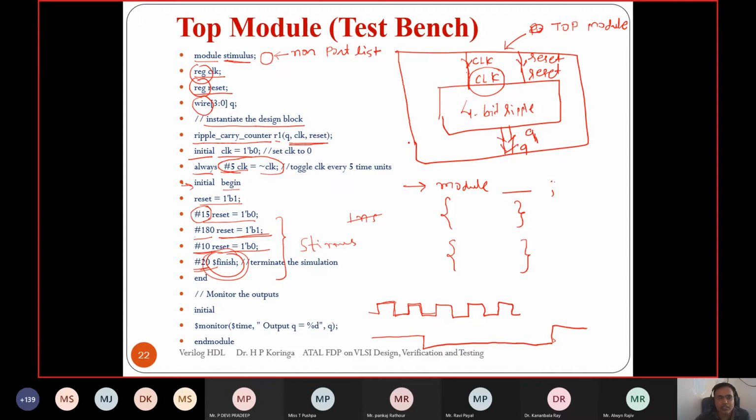Stimulus to the design. That stimulus is generated and passed to the DUT, because we have instantiated the DUT, and whatever result is generated is observed, right, through the monitor. So through the monitor we can observe the generated result. And we can also display it, similar to C language. We have monitor as well as display to show on the screen. So this is the top level module structure, how to write this top level module, right? So in a top level module, then what are the variables?